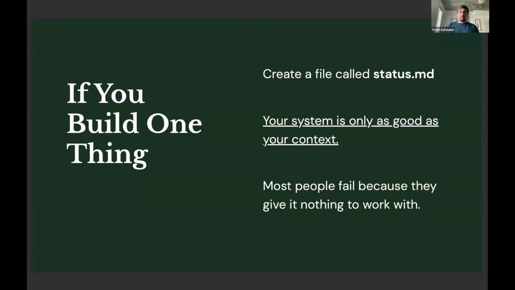So the major takeaways: if you build one thing, it's these orchestration files, so like a status.md, where you can constantly track what is going on at that moment in time. And your system is only as good as the context through which you built it. I have managed to write 600,000 lines of code with a 99% uptime, which is incredible, using a system like